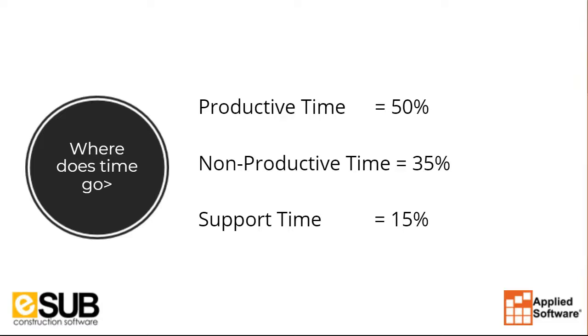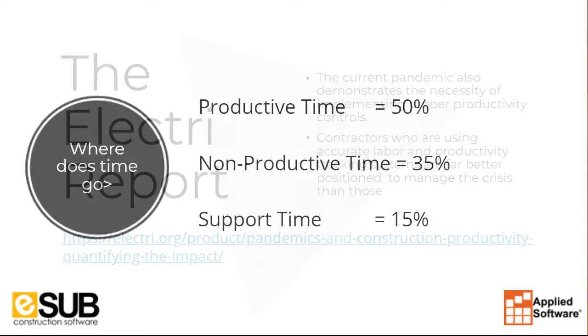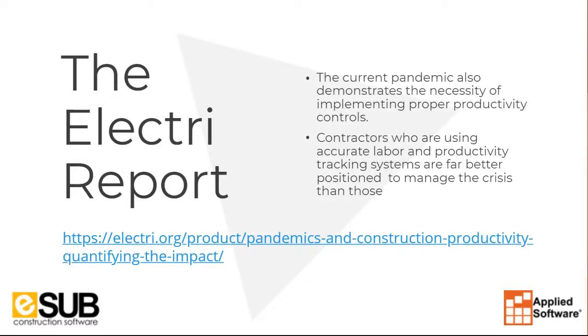company forward? James, it'd be interesting to get a poll question out again to a lot of people. What do you really think, or do you actually know? What is your, quote, non-productive time? Right. Yep, for sure. Now, one area you can go and actually look, our friends over at NECA working with